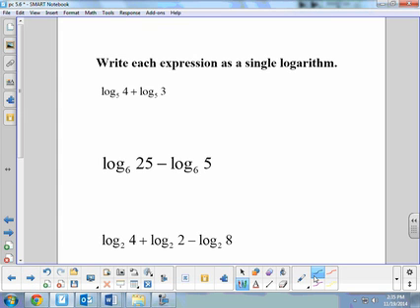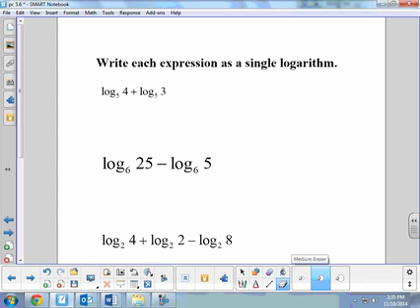So on the first one, the first thing I want to look at is, do I have the same base? I do. I have a base of 5. Then I'm going to ask myself, what are they being separated by? Well, they're being separated by a plus sign. So that is really,